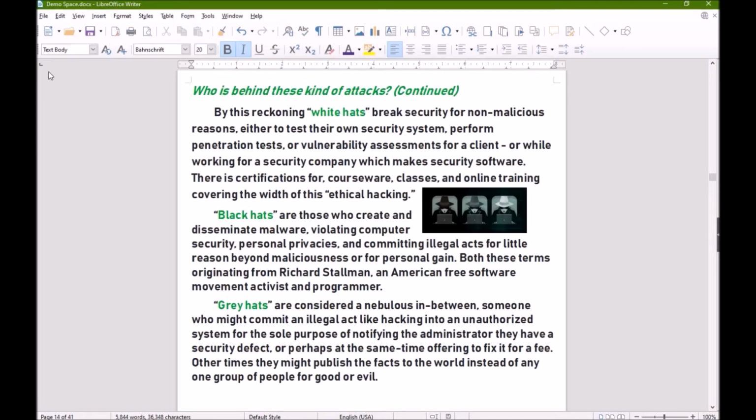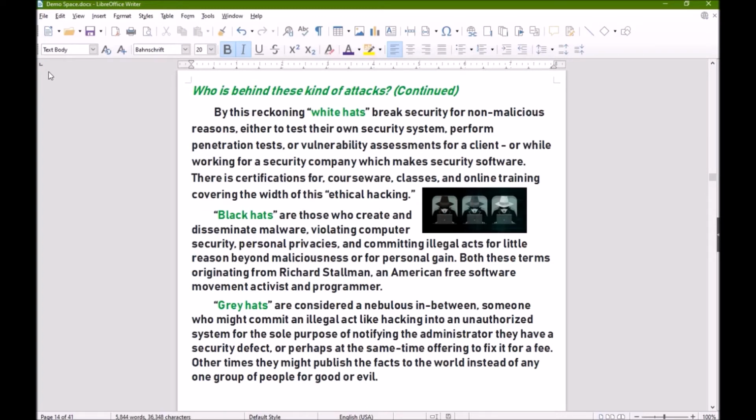White hats break security for non-malicious reasons, either to test their own security system, perform penetration tests, or vulnerability assessments for a client, or while working for a security company which makes security software. There are certifications, courseware, classes, and online training covering the width of this ethical form of hacking.